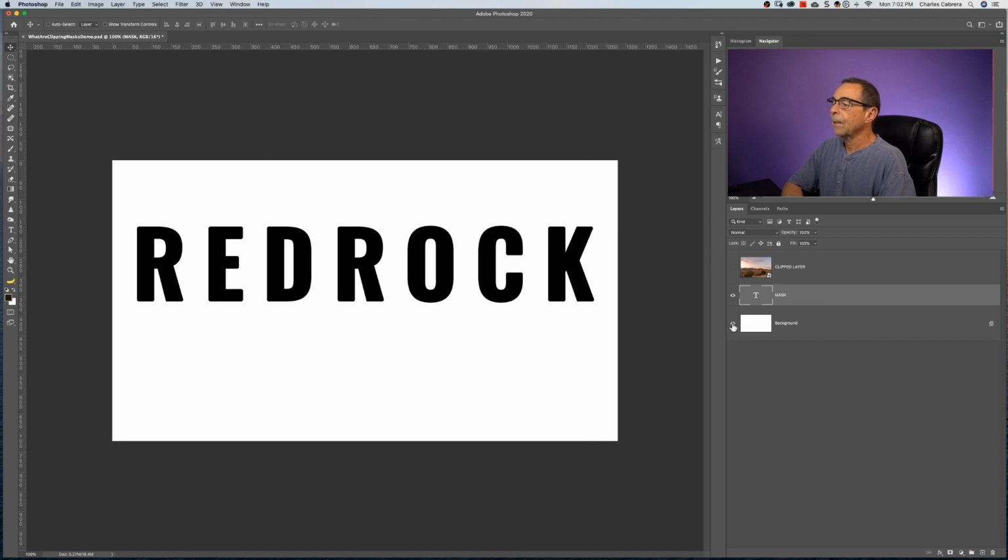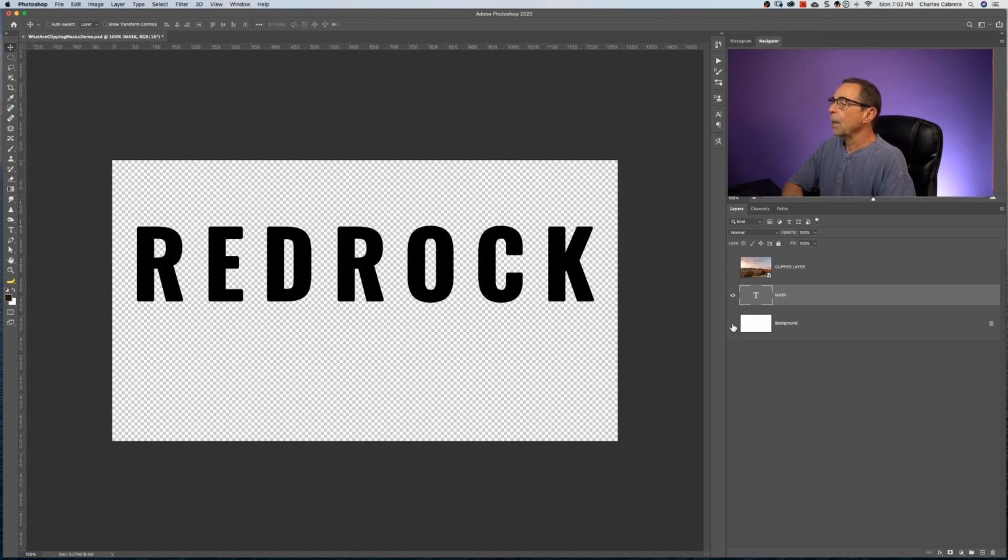That has transparency. So Photoshop clipping masks, unlike layer masks, are controlled by transparency, where the control layer or bottom layer is transparent, the clip layer will be invisible. Where the bottom layer is filled with content, the clip layer will be visible. So the simplest use of a clipping mask is to combine two layers into one.